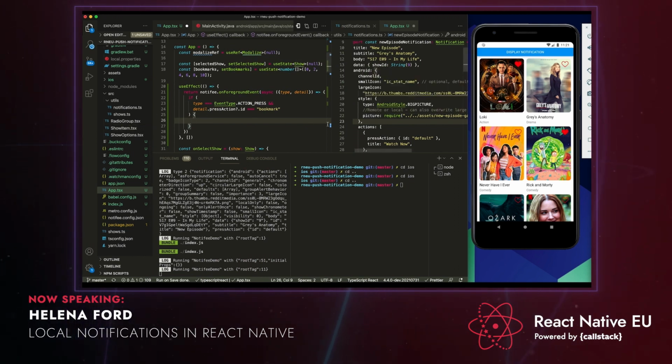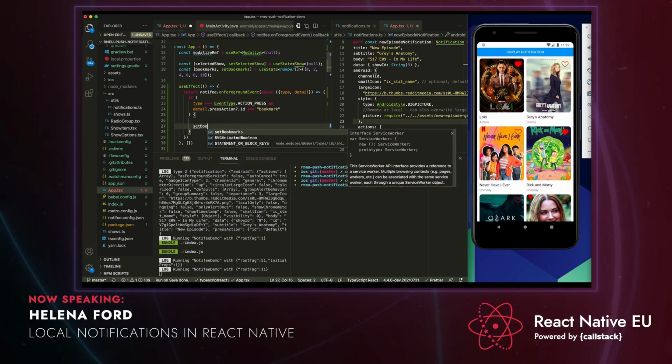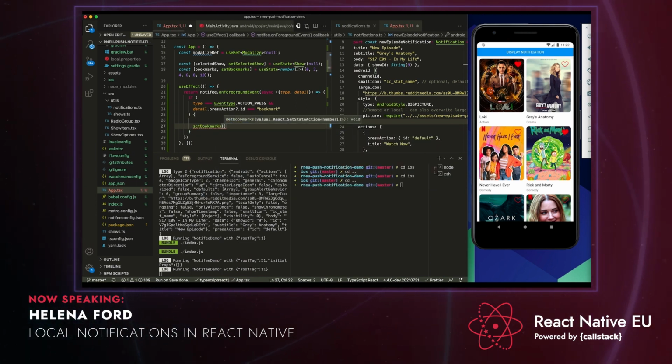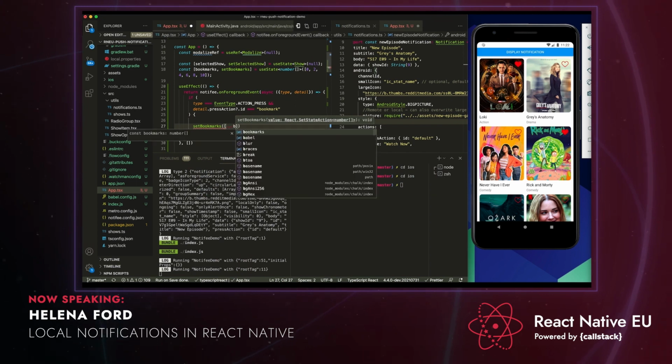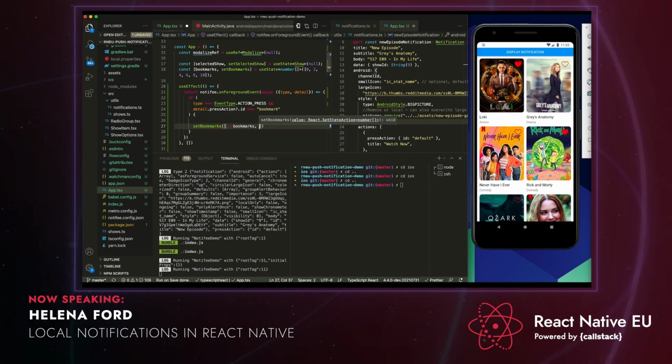So what we want to do here is actually update the state of bookmarks, so the user can see that they bookmarked this. Okay, so all we need to do is do set bookmarks,